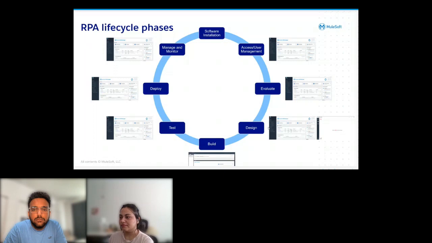They are spending some money on certain tasks, and they expect it to return something. So first you need to evaluate whether automating this particular manual task will return something. If it is not useful, then why go ahead and create a bot task? So the evaluation phase is really important.